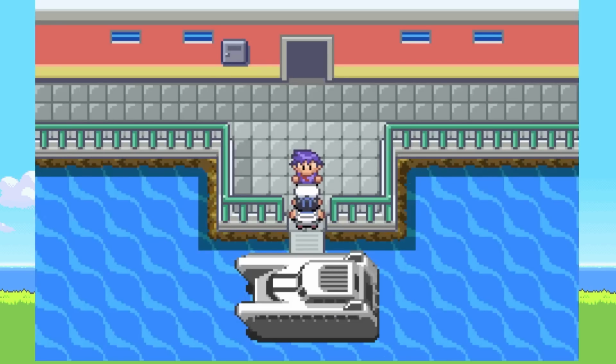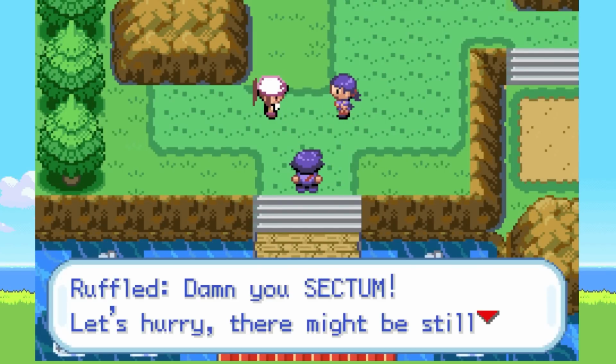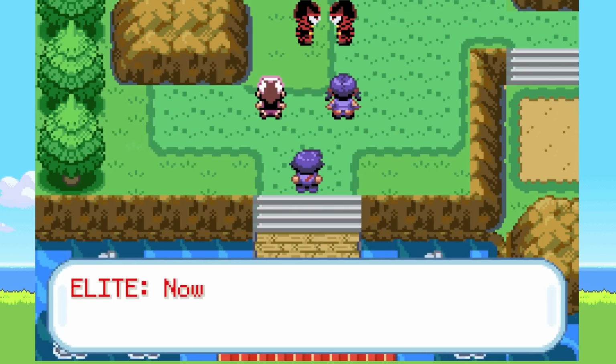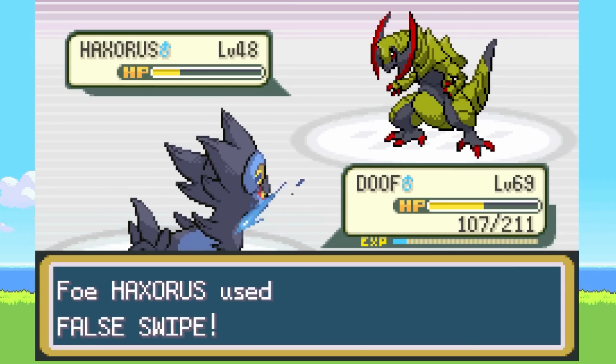So, we get on the boat and we go over to one island. Once we are here, we figure out what's happening. These guys are trying to get their hands on the legendaries, and we gotta go stop them. So, now that we are here, we gotta deal with exactly that. We learn what they're up to and which direction they went in. So, we battle through a bunch of them